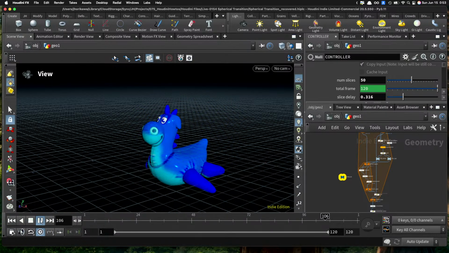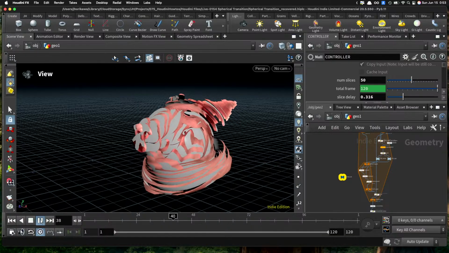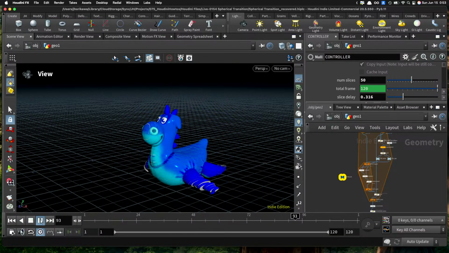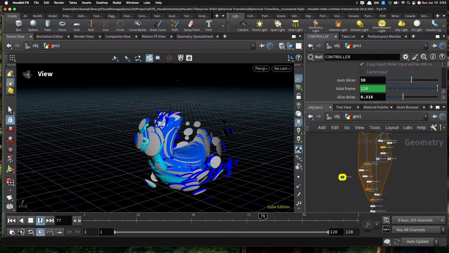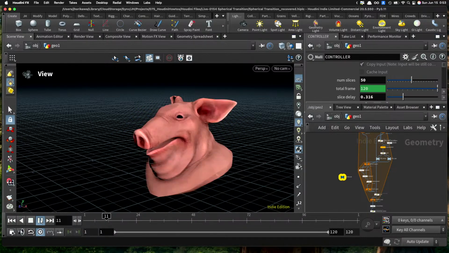More like a peeling fruit or chips, pig chips and rubber toy chips. Bean transitions. Okay. Anyway,